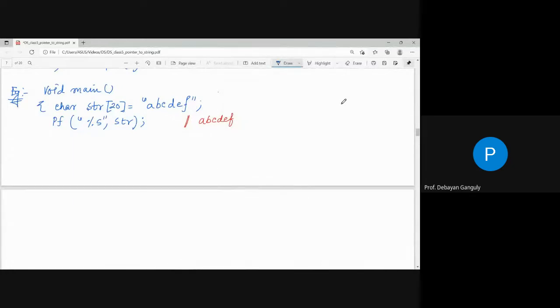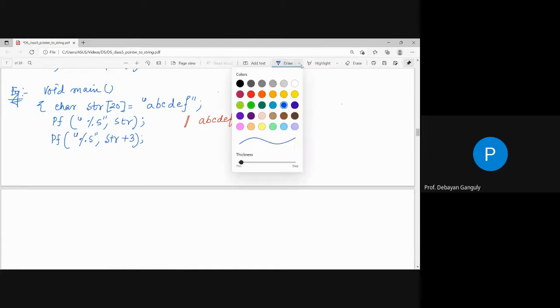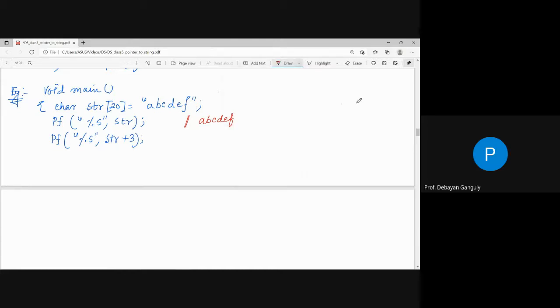ধরো এবারে I just want to print like that, percent s str, সৃজা বলবে এটা, তো দেখি পারো কিনা। str প্লাস 3, সন্দীপ তুমি বলো না, আর দেখি ওরা ও পারে কিনা। এটা কি হবে বলো দেখি, what that will give you? str প্লাস 3 দিয়েছি আমি। সি। তুমি বলছো that will give you c, ওকে।